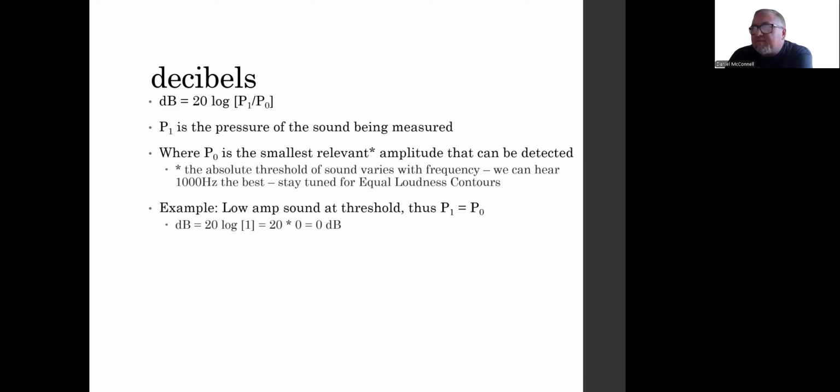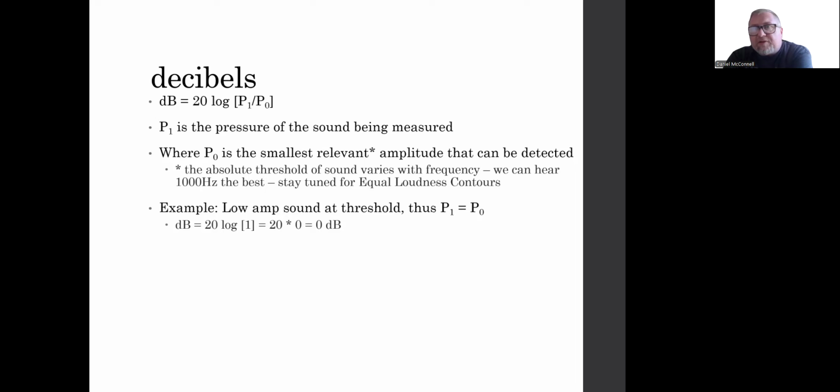So what does that mean, relevant? I put the asterisk on that. Well, that's defined here as the absolute threshold of that specific frequency. And that's important because I said earlier that the 4 to 5,000 hertz range is the most sensitive part of our hearing. Or I've kind of exaggerated, because here I also wrote 1,000 hertz. Sorry for the inconsistency there, but we're also pretty sensitive to 1,000 hertz tones. And so the actual pressure level of the tone that we can hear at the absolute threshold will be different for different